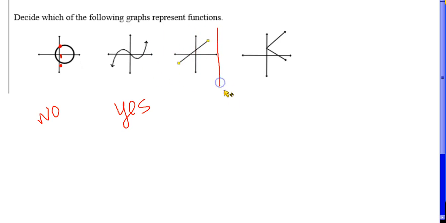Yes or no? Yep. And last one, and we are done. I told you we could do it. Yes or no? No. Immediately. See, I'm telling you, immediately. So for homework, you're going to